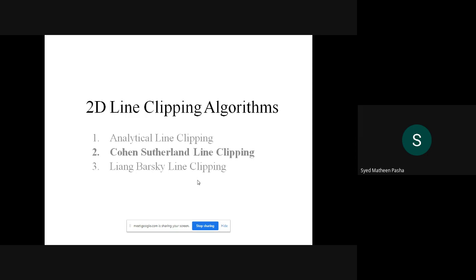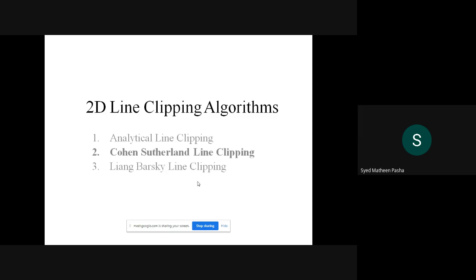Because this algorithm, whenever it was implemented with respect to any of the functionalities, yielded the very best result comparatively with another algorithm. So this was included in your syllabus, and I'm repeatedly telling you this is one of the most important questions which might be asked in your internals as well as externals. So we'll check out what Cohen-Sutherland's line clipping algorithm does.